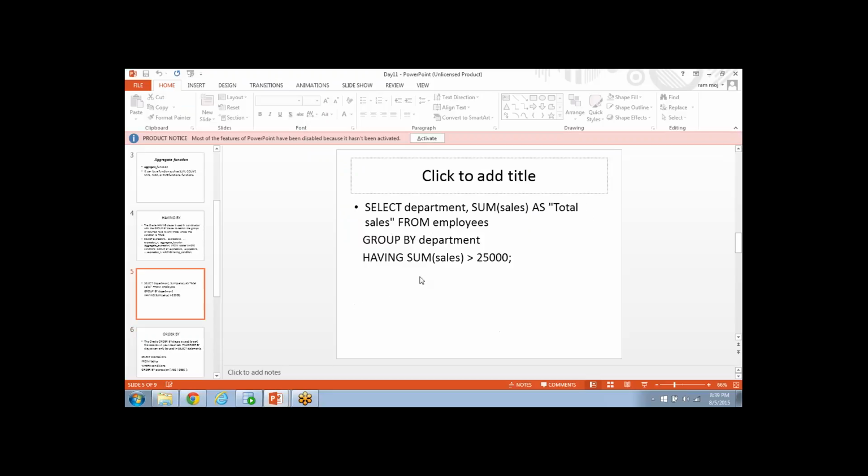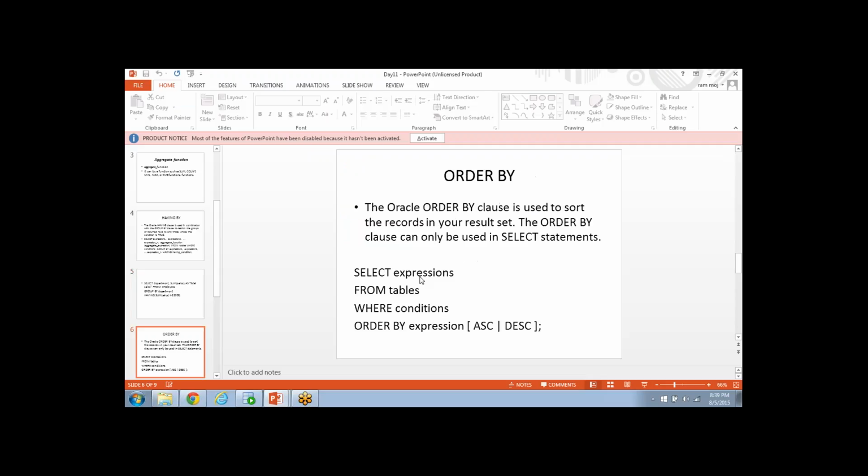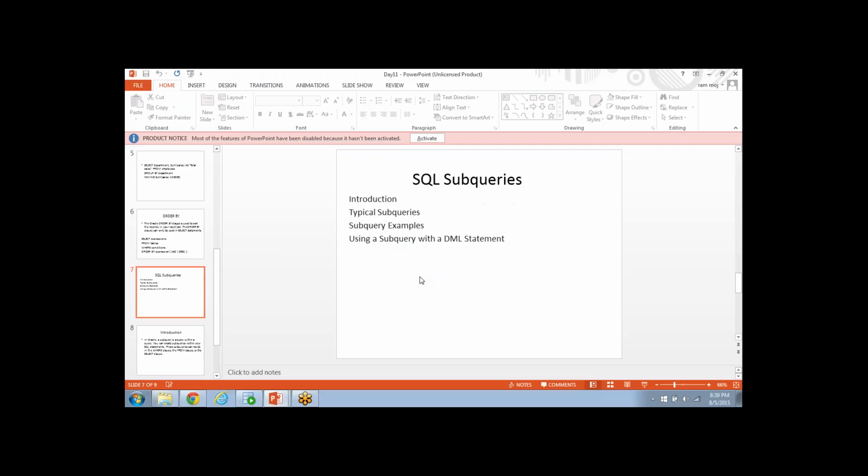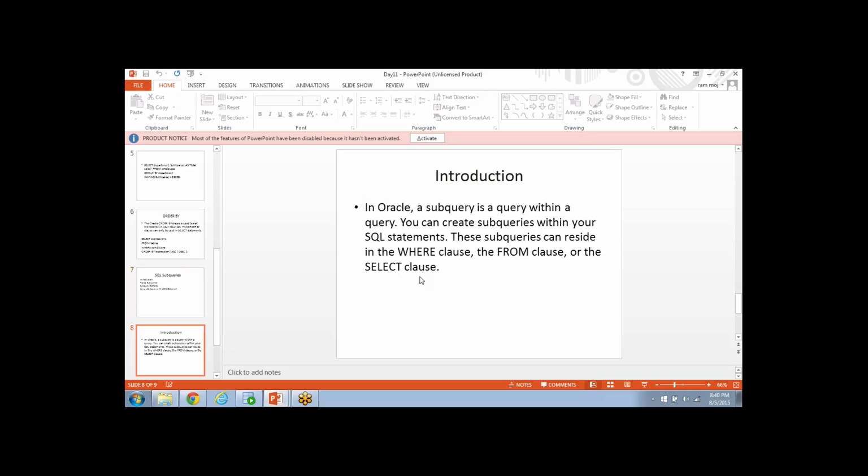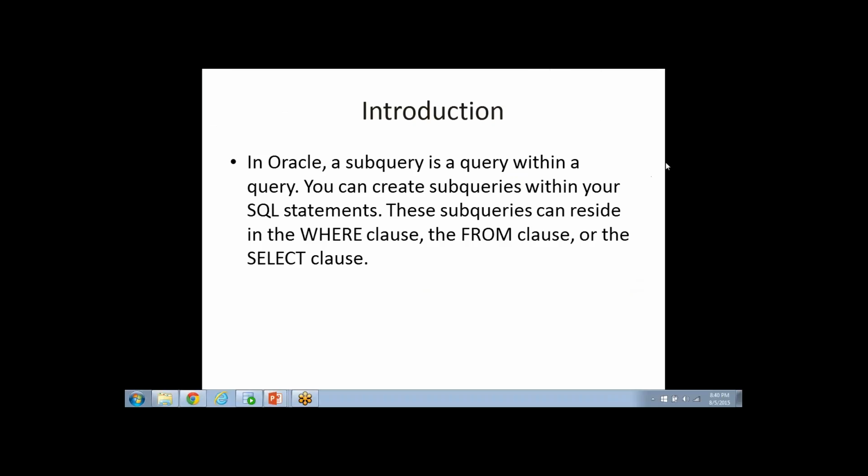So the next one is this. This was about having and order by. The next one is subqueries. Whatever we discussed so far was about queries. Similarly, we have a concept called subquery. Basically, what a subquery does is,